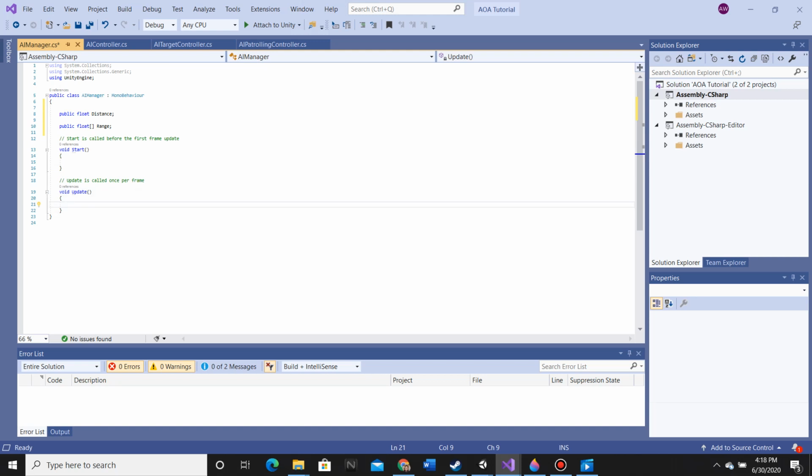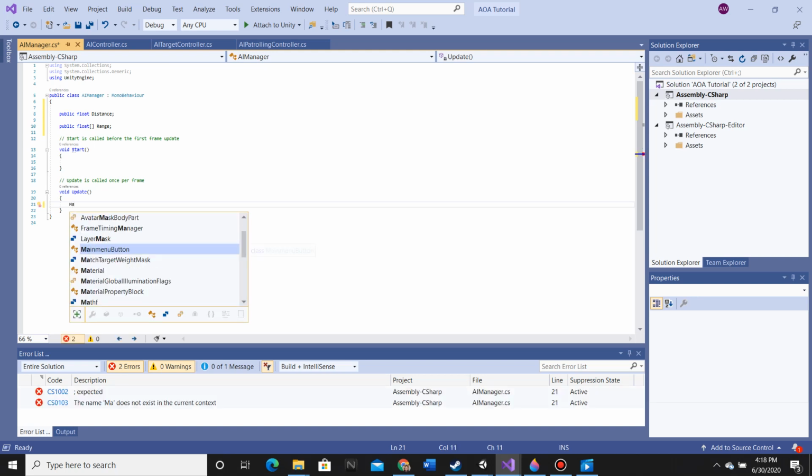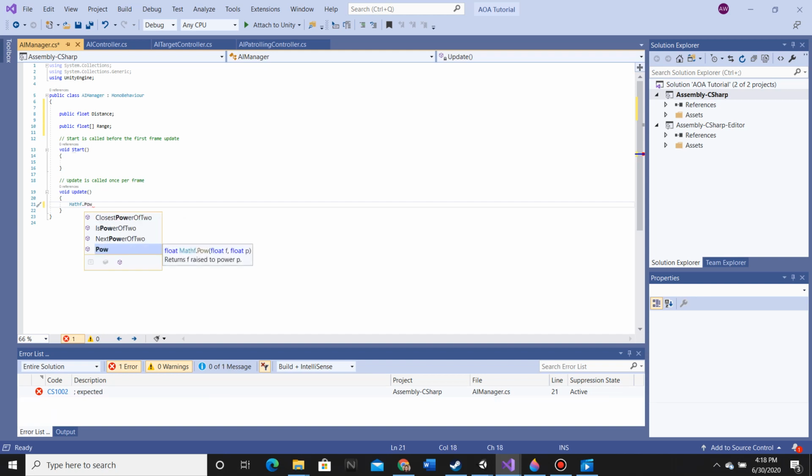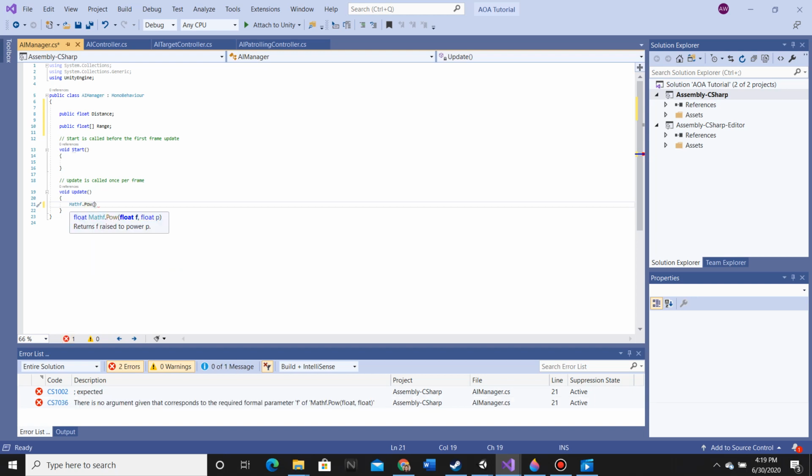So we're going to be using a nice function called Mathf.Pow, because I'm going to be dividing it into two parts. I'm going to be basically taking the 0.1x minus 0.2x and then squaring it. And then I'm going to do the same thing but for the y, so I'm going to be doing 0.1y minus 0.2y squared. And then I'm going to be doing a third line of code, basically making it to where the distance is going to equal the square root of both of those added together. So I'm doing Mathf.Pow, and I'm going to be making this be the